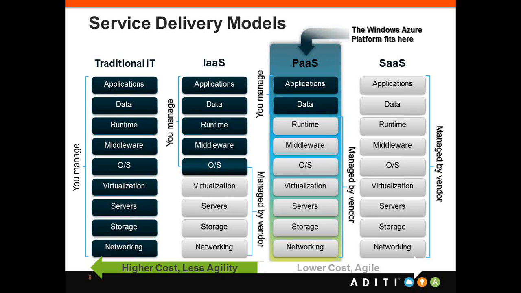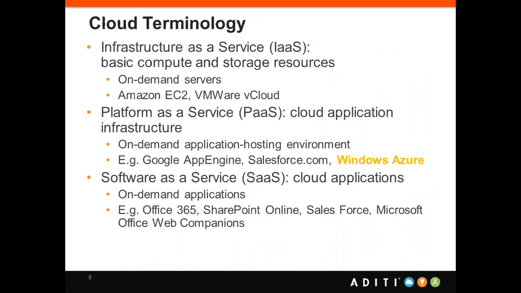So basically here we have seen what infrastructure as a service is. The on-demand servers they are providing us, with virtualization readily available. Examples are Amazon EC2 and VMware vCloud. These are a few examples of infrastructure as a service. Platform as a service, we say that we just have to manage our application and data. In that case, we have a few examples like Google App Engine, Salesforce.com, which hosts applications as such. We call it platform as a service, and Windows Azure. That is what we are interested in as of now.